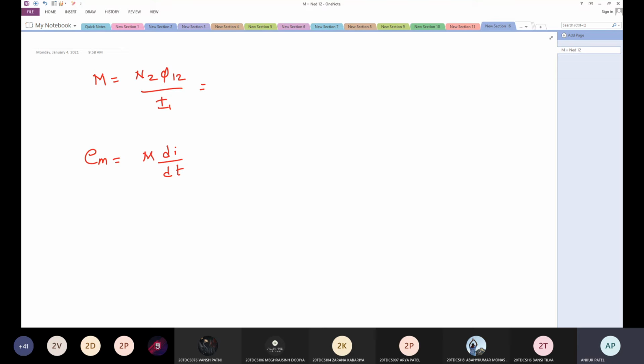As I said, L1 is equal to N1 phi1 by I1, or I can write this phi1 by I1 is equal to L1 by N1. So it is equal to,